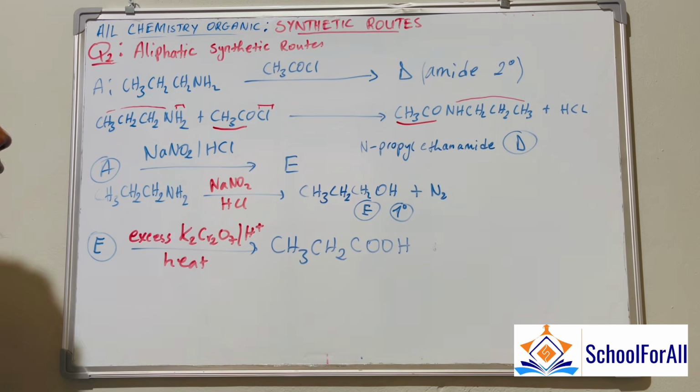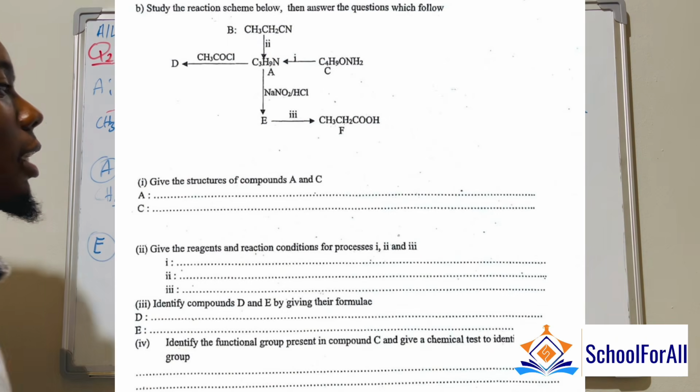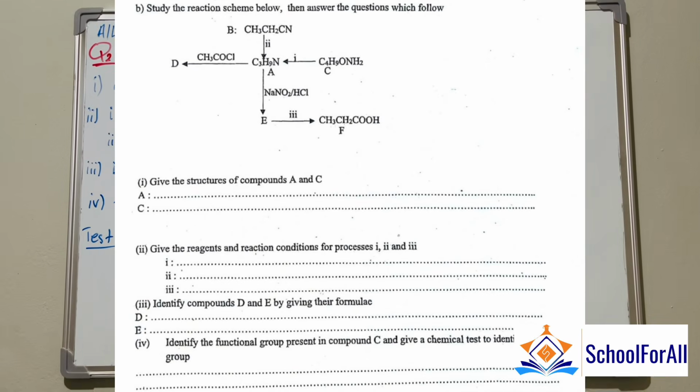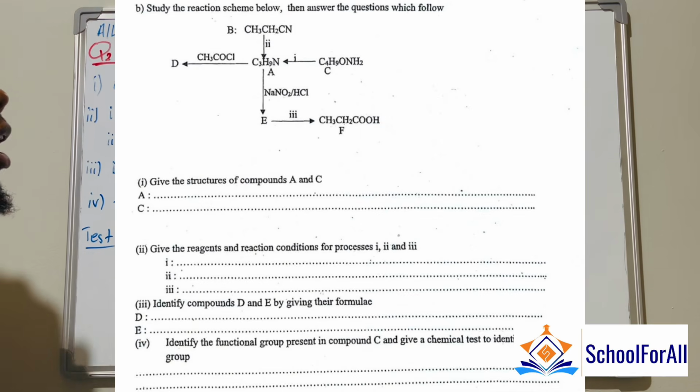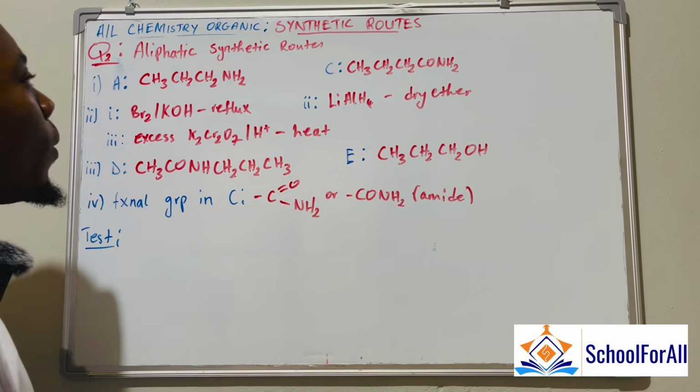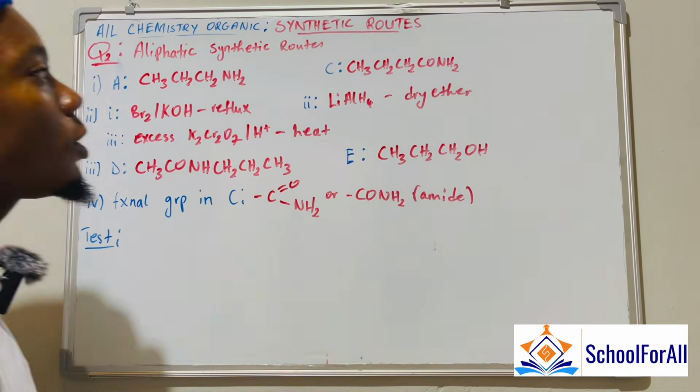Why am I putting in excess? Because if the potassium dichromate is not in excess, this will be oxidized into the aldehyde. Are we together? So that's why we need to put it in excess. So I hope it is understood. So in conclusion, we can say that these are the answers we obtained from our solution. In Roman 1, they say give the structure of compound A and C. Compound A was propylamine, and compound C was